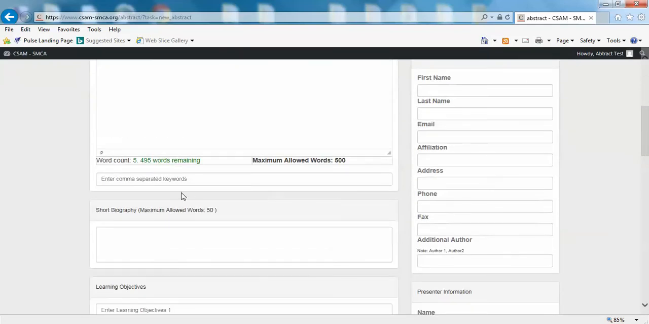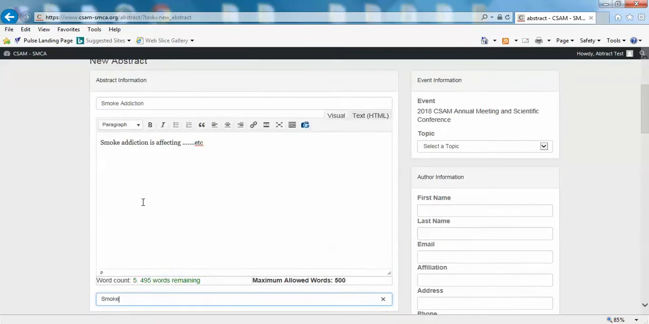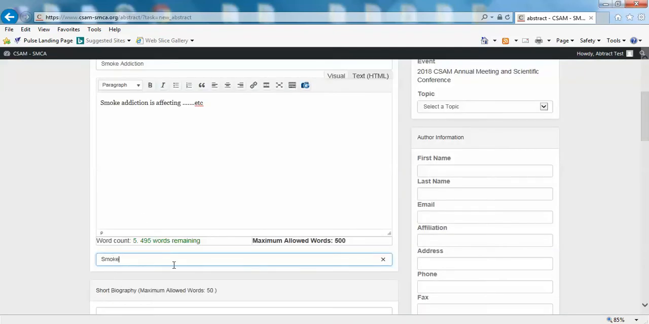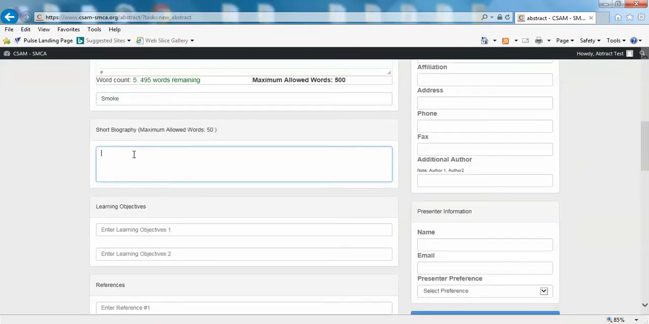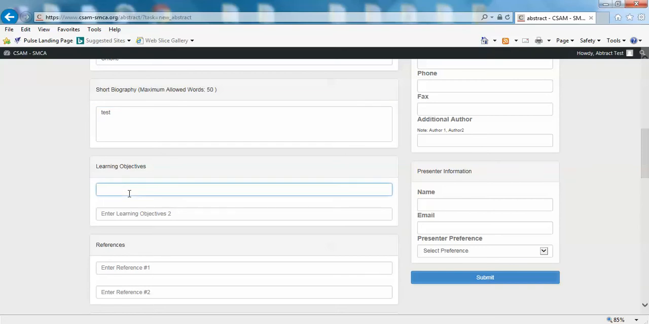Okay, let's see. We have to enter some keywords here. That's how the plugin was built in, so we didn't remove this field. And then short biography, learning objective, objective 1, objective 2, references, reference 1, reference 2,